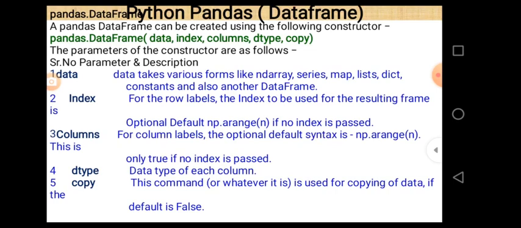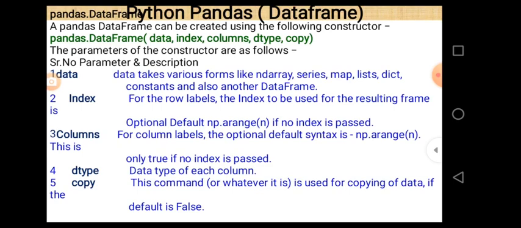What is data? Data takes various forms like ndarrays, series, map, list, dictionary, constant and also another data frame. So whenever we want to create a data frame, we pass the raw material to that data frame, and the raw material is passed using ndarray, series, map, list, dictionary and constant, etc. Second is index.